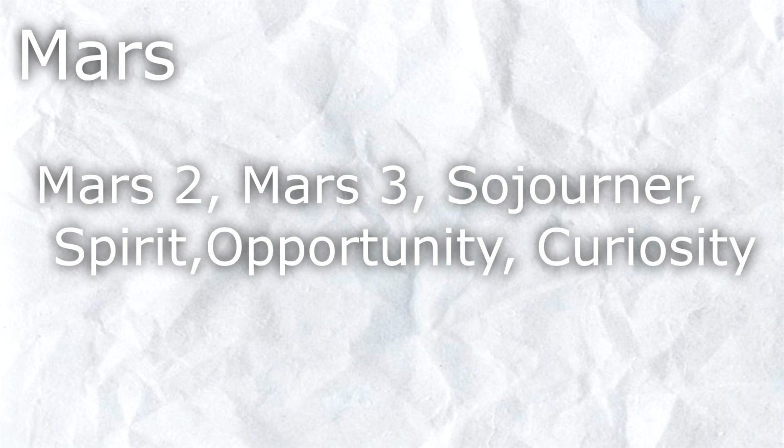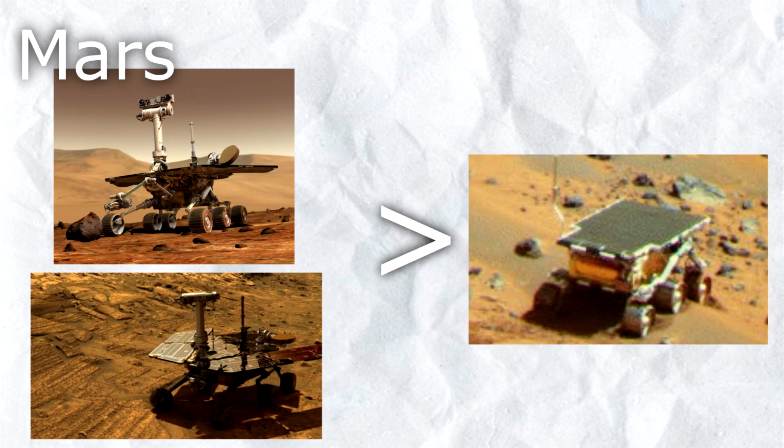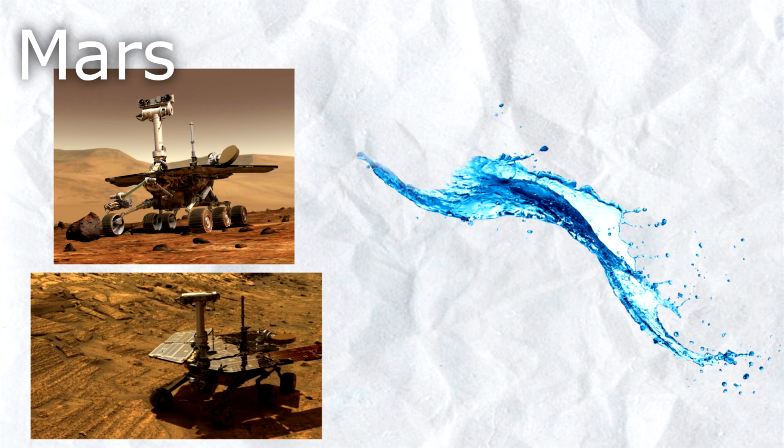There are 6 rovers that landed on Mars, which are Mars 2, Mars 3, Sojourner, Spirit, Opportunity, and Curiosity. One past mission was the rovers Spirit and Opportunity. They have far greater mobility than the Pathfinder rover that landed in 1997. The main goal of these 2 rovers was to find evidence of liquid water that may have been present in